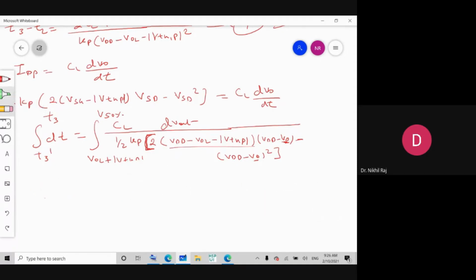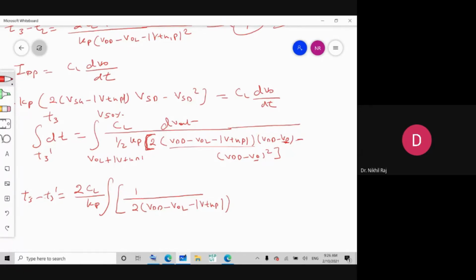It's quite big equation. So T3 dash, T3 minus T3 dash will be equals to, this is splitting I will do now. Here 2 CL by Kp, it is constant, so let us take it outside. Now inside part I will write here. After splitting, what you will get here, 1 by 2 into VDD minus VOL minus mod of VTH of P. This will go inside, then